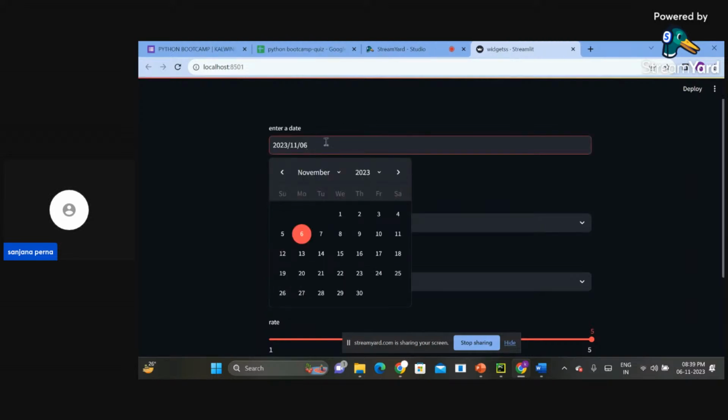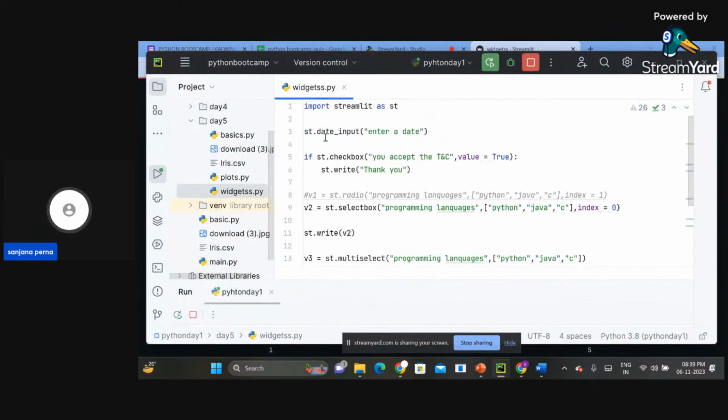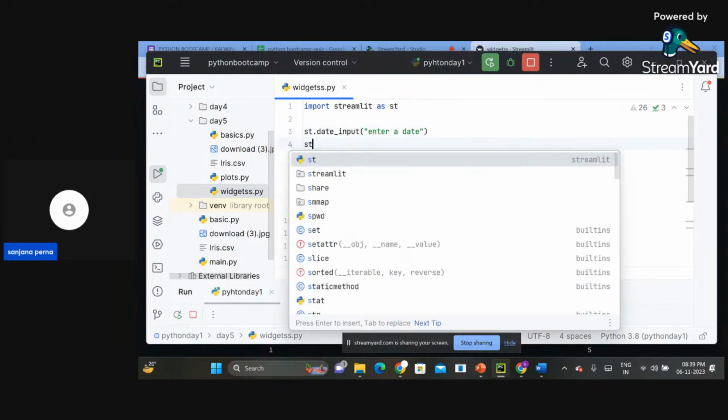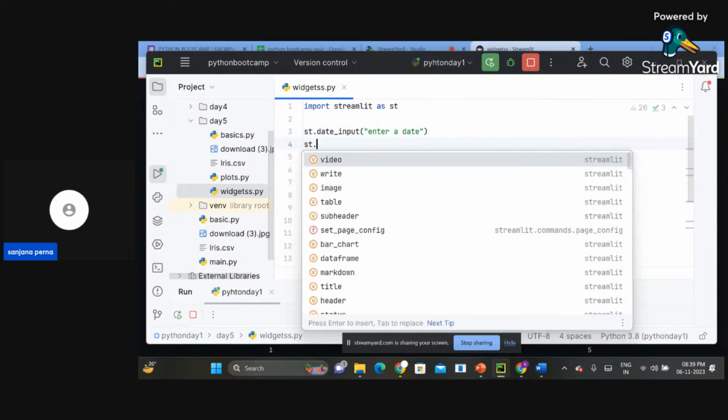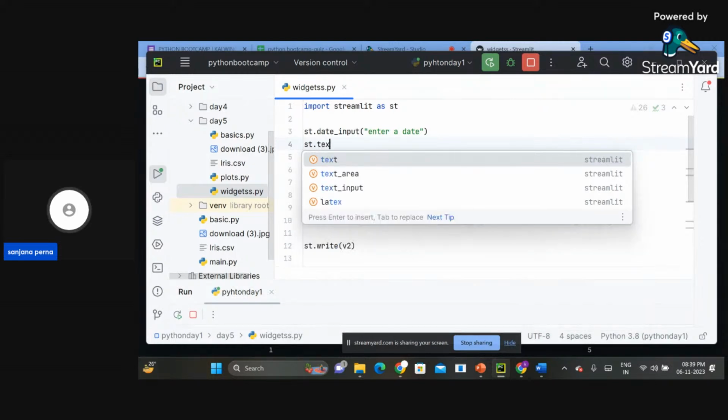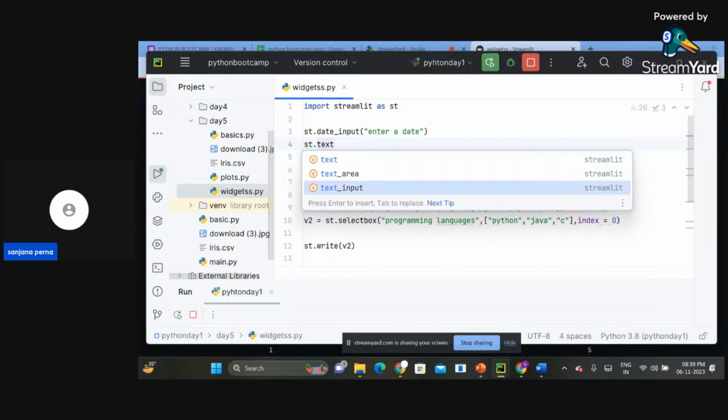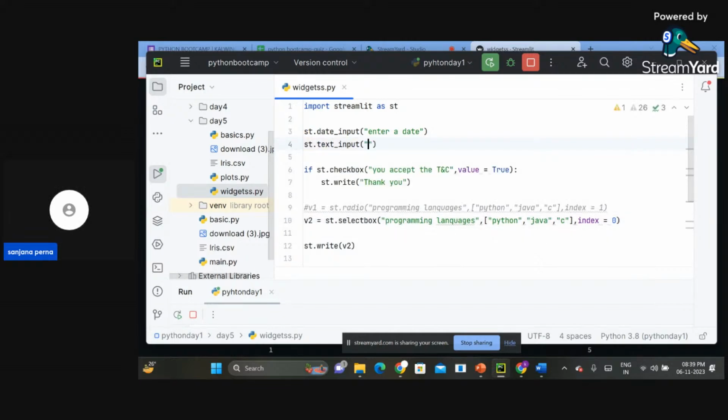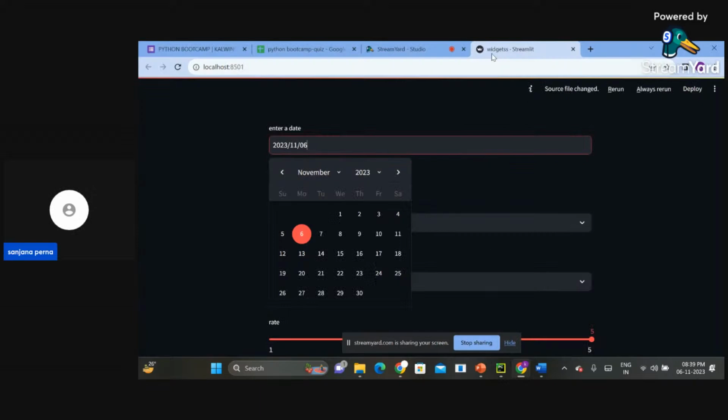Now, I took the command that is st.date_input. You can also take st.text_input. As I want to get a name, I'll take text input. I want to print some name, enter a name. These are like the login credential page. I will just